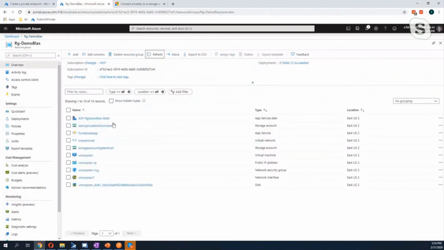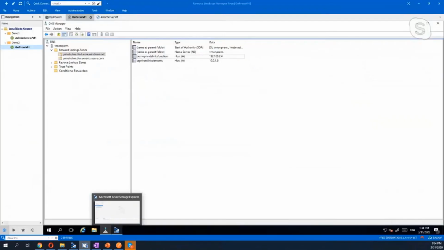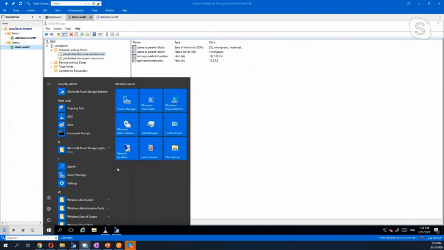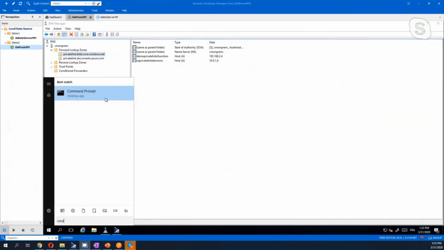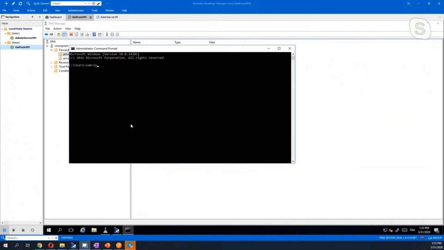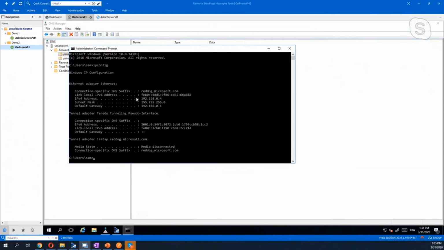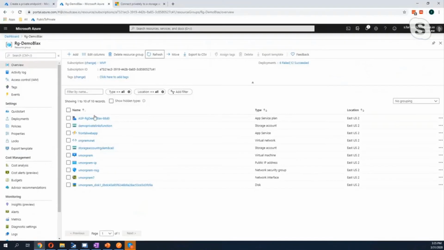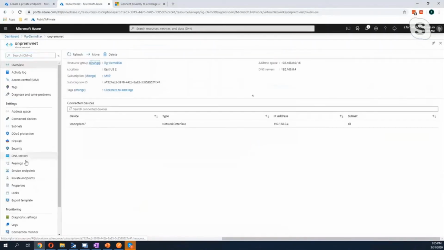And what can we do? Here on my on-prem VNet is my DNS server. It is the DNS server used by my virtual network. So this is my DNS server, and we can see here that my virtual network is using this